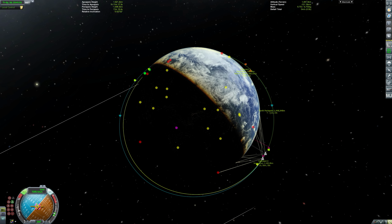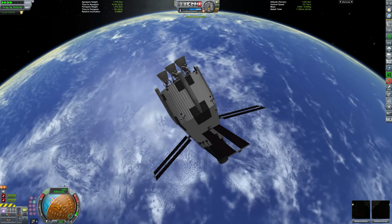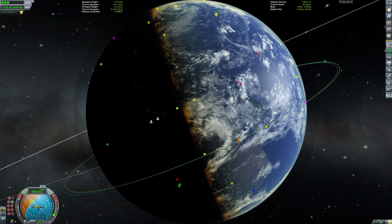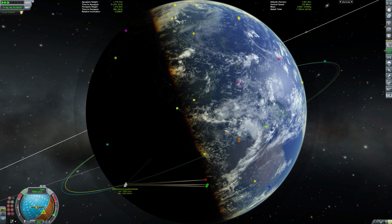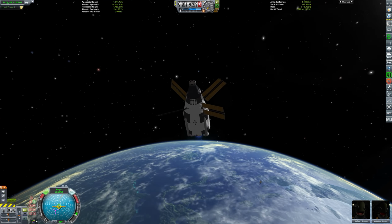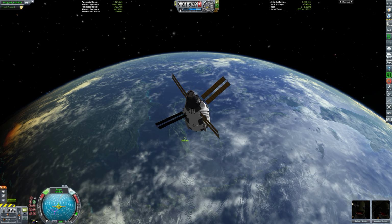We'll just lower the thrust right down, zoom in, and get that as close as possible. There we go. So one more orbit around and we're going to be right on top of our vessel. Basically, you can see them both coming around here. Our relative velocities aren't that different, so as we get close to the intercept, we just need to turn our vessel retrograde towards the target, wipe off all of that relative velocity, and we'll keep approaching at around 6.5